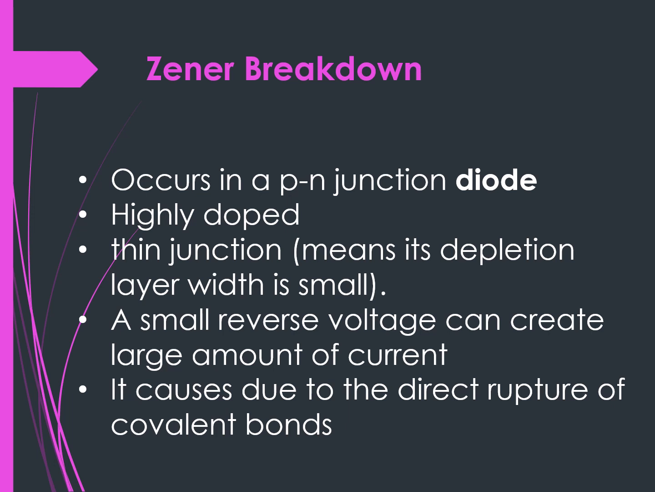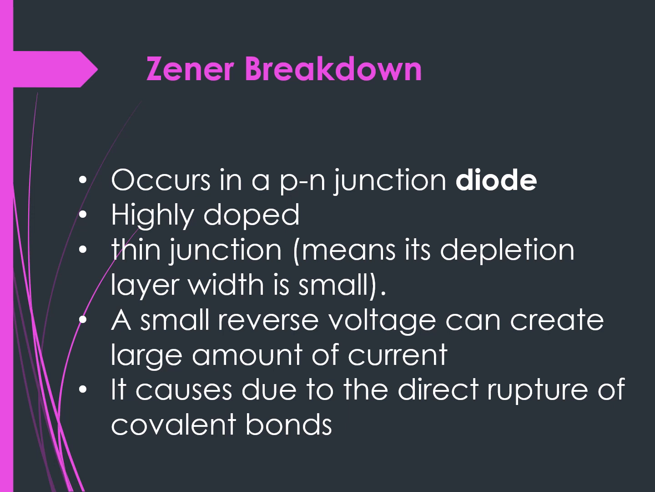So when an external field is given, the electric field is very strong, an intense electric field. So it directly ruptures the covalent bonds. The covalent bonds all break down at the same time. It's not due to collision. What happens in avalanche breakdown? In avalanche breakdown, the electrons are produced by collision. But in Zener breakdown, there is a direct rupture of the covalent bond due to the external field,